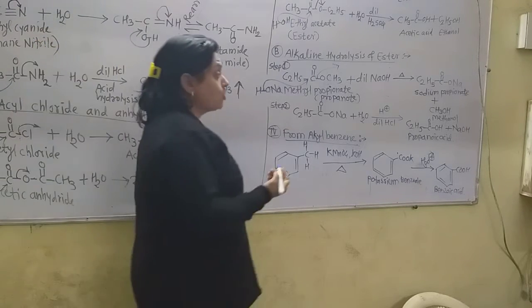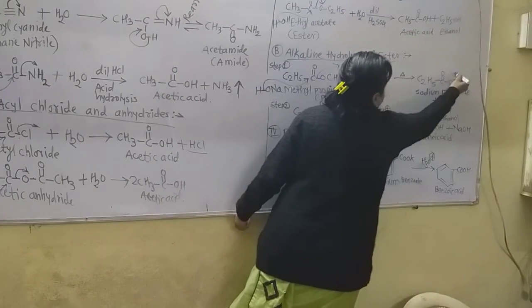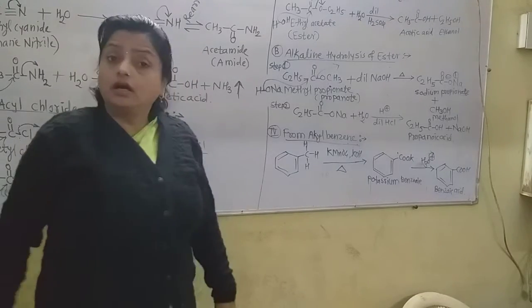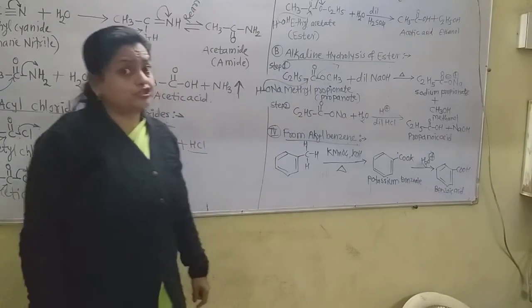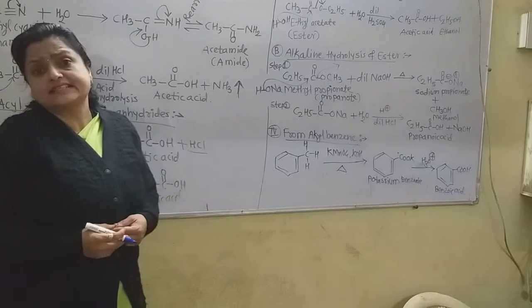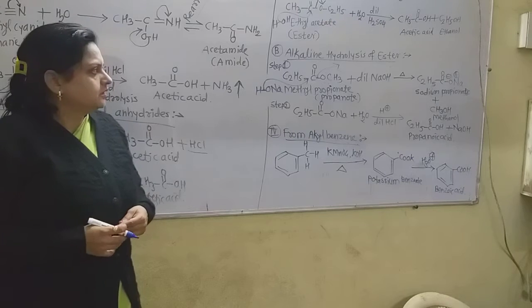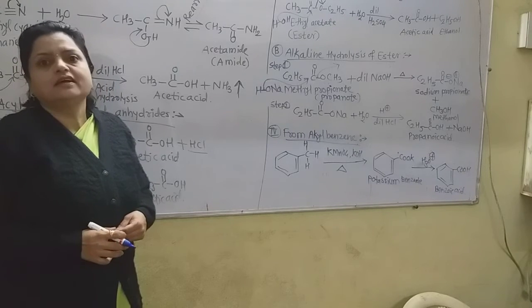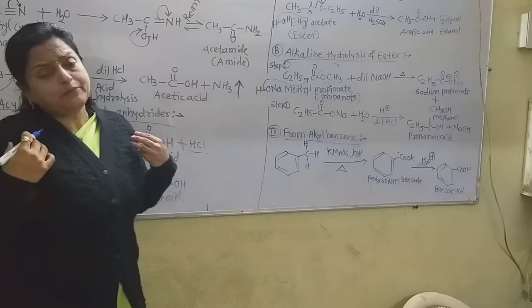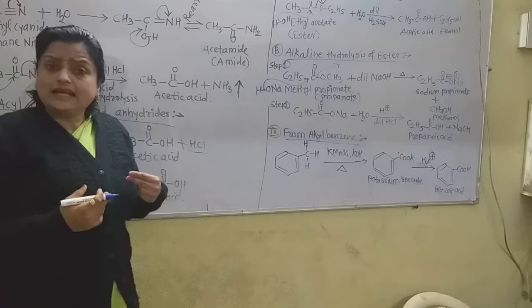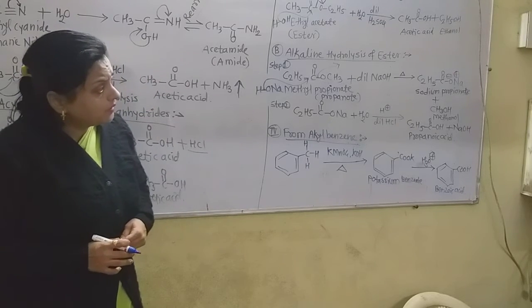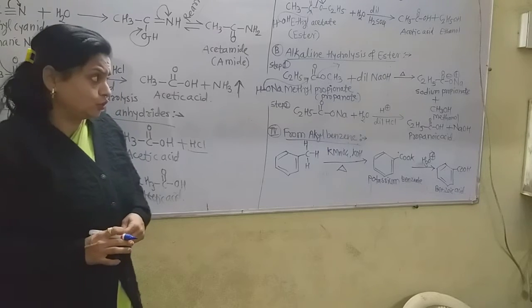Now that is the salt, because this sodium ion has positive charge and this oxygen has the negative charge. This is the sodium salt of the carboxylic acid, and we know that sodium salts of higher carboxylic acids are called soap. Saponification is there when we use alkali, but in saponification the fatty acid esters are used in place of the ester. There is also formation of soap. Now this is sodium propionate or sodium propanoate.